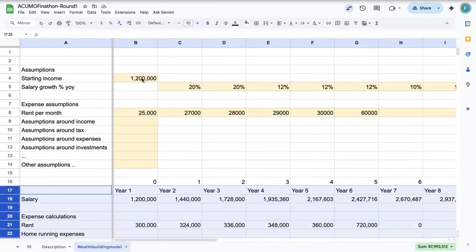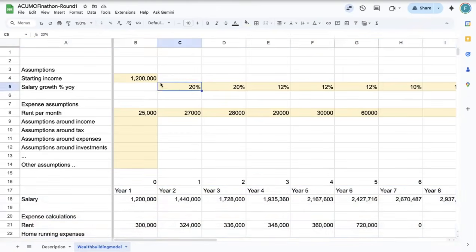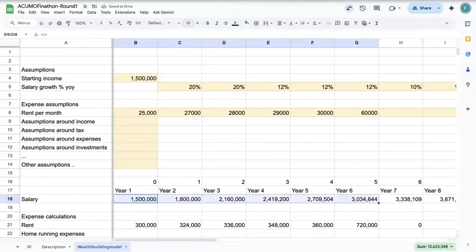Could you just show it once by changing that 20% to, for example, 25? Let's say if I make this 15, then all my numbers have changed over here. Or if I make this 20% for the first 5 years, just keep an eye on row number 18. If I change this, then all these numbers change. So that's why it's structured.